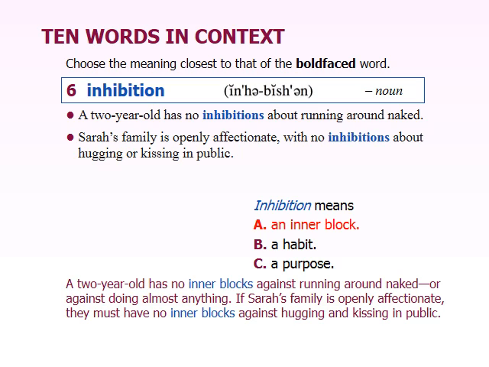Inhibitions is a word that's often talked about when people talk about drugs and alcohol. One of the reasons that people like to drink alcohol is that it lowers your inhibitions, meaning it makes those blocks inside of you weaker, so that someone who has inhibitions about dancing, if the person drinks alcohol, those inhibitions get lower and they feel free to dance. Or if someone has inhibitions about talking to strange people, when they have alcohol, those inhibitions get lower and they're able to talk to people who they don't know.